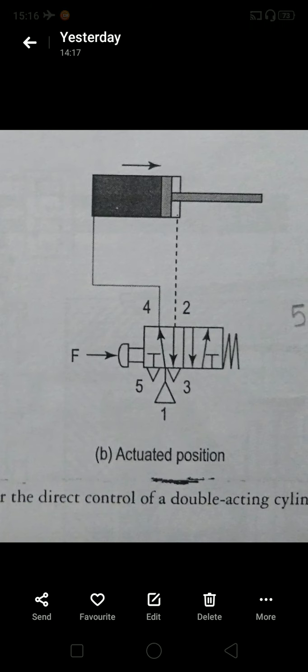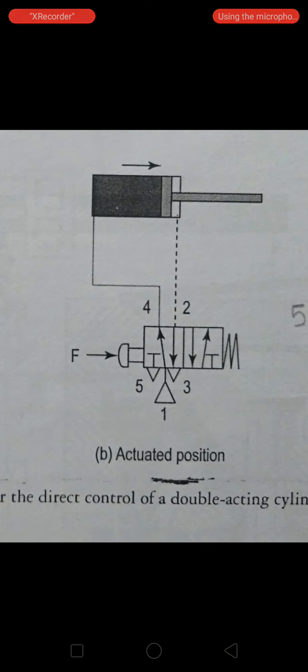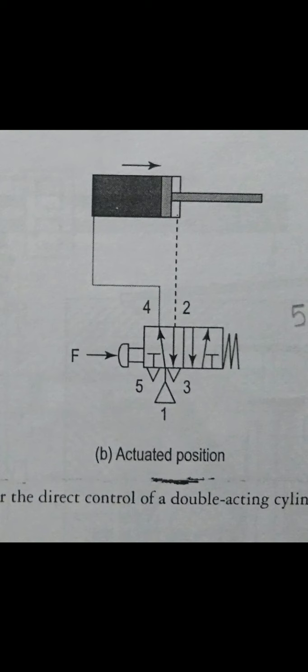one, which is a pressure port, is connected to 4. So through 4, which has an opening at the left side, the piston is moving towards the right side. The piston will have a thrust, a push, so the piston will move towards the right, and from the other side of the port, which is connected to 2, the air is getting released or exhausted. So 2 is connected to 3 and 3 is giving exhaust.